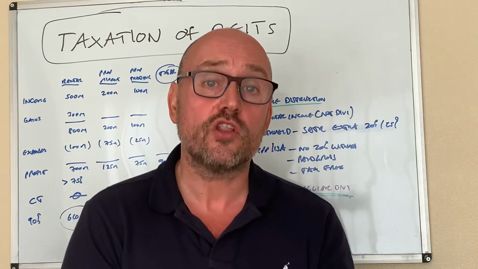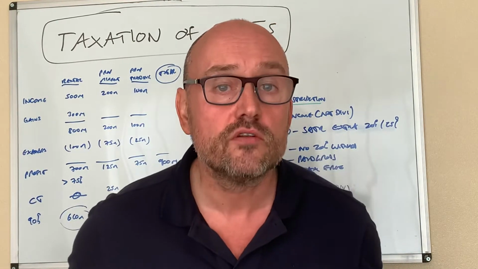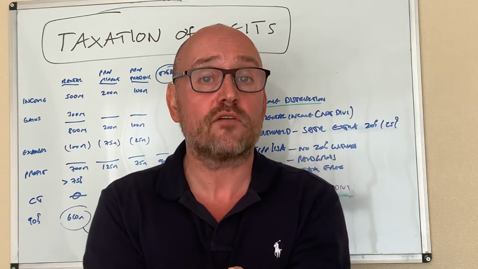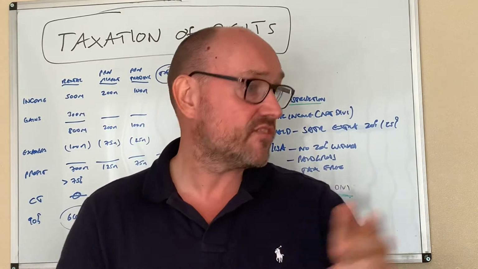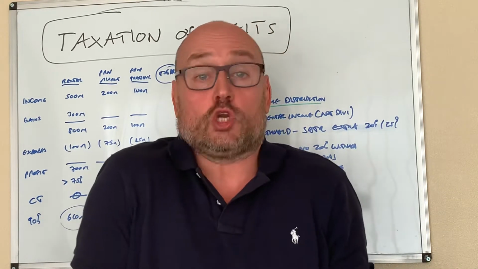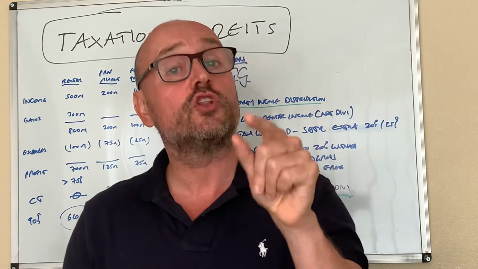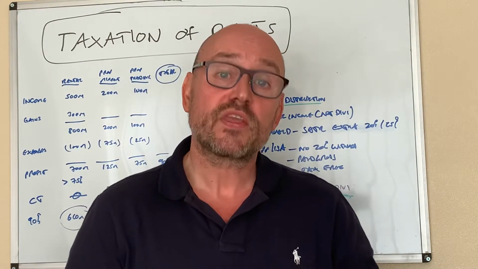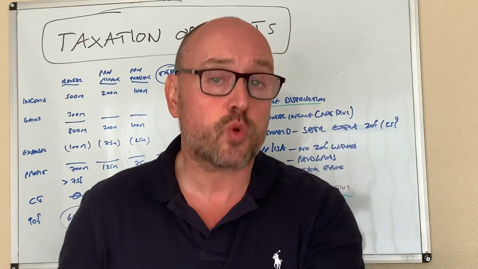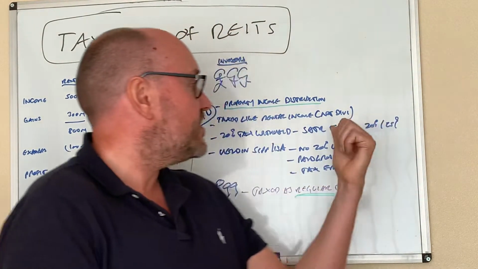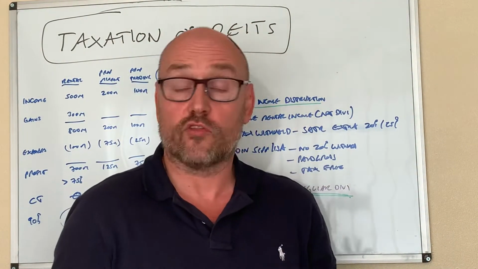Now on their tax return, they declare the full gross amount. They say, look, here's my gross distribution from the REIT, £10,000, but I've suffered £2,000. But if they are a higher rate taxpayer, that means they've got to pay over another 20% because the gross amount is 10,000. They've already suffered 2,000, but they've got another 2,000 to pay. If you are an additional rate taxpayer at 45%, then you've got an extra 25% to pay. So this has been taxed at source for some of your tax bill on the distribution.